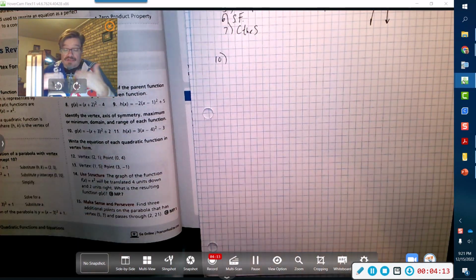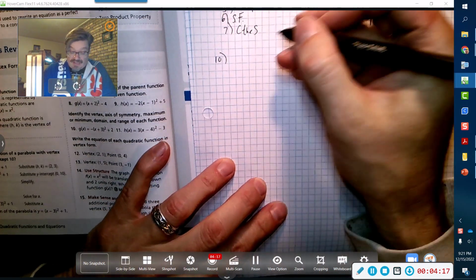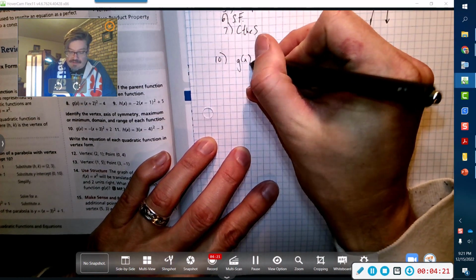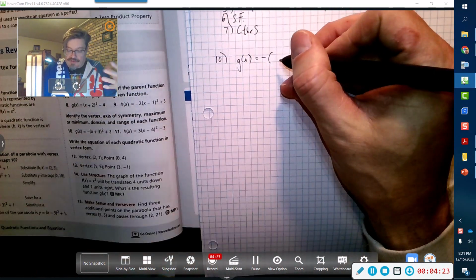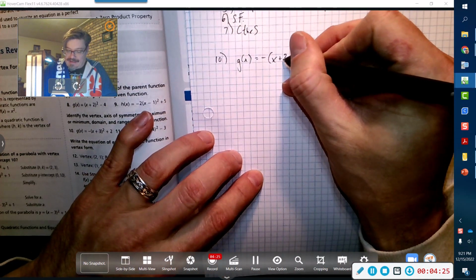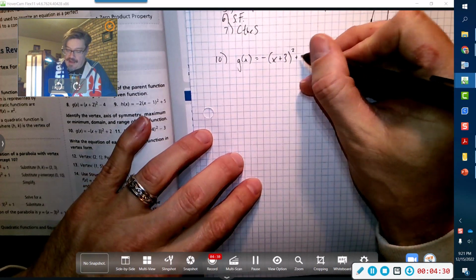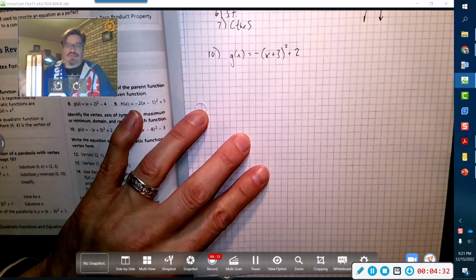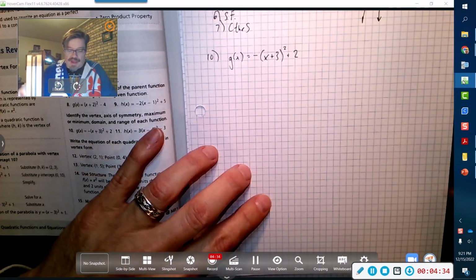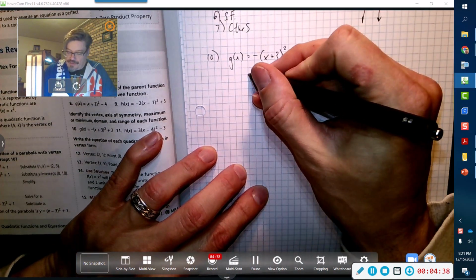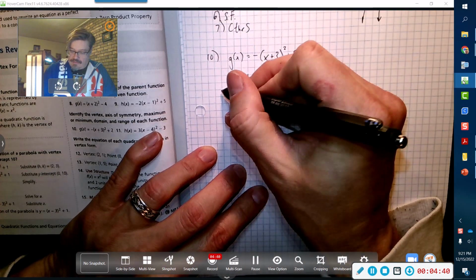Okay, so for that we're going to have to understand how to graph these very clearly. Problem 10 says that I have g of x equals negative, okay, so it's going to be pointing downward. I have an x plus 3 squared, so it's going to go to the left 3, and then a plus 2. Alright, so let's get all of these descriptions for that. It's going to be moving to the left 3 and up 2. Okay, so left 3,